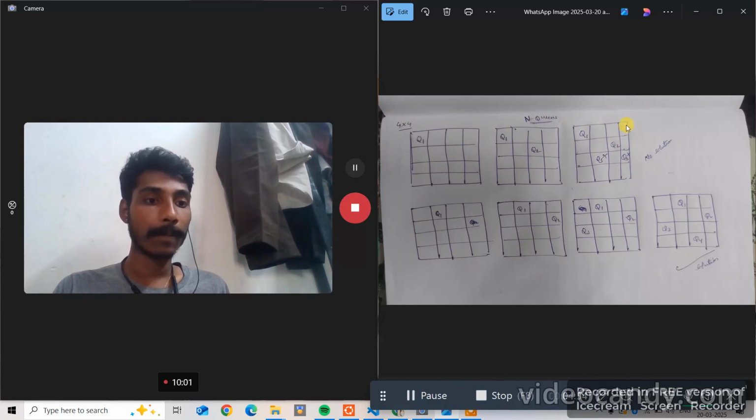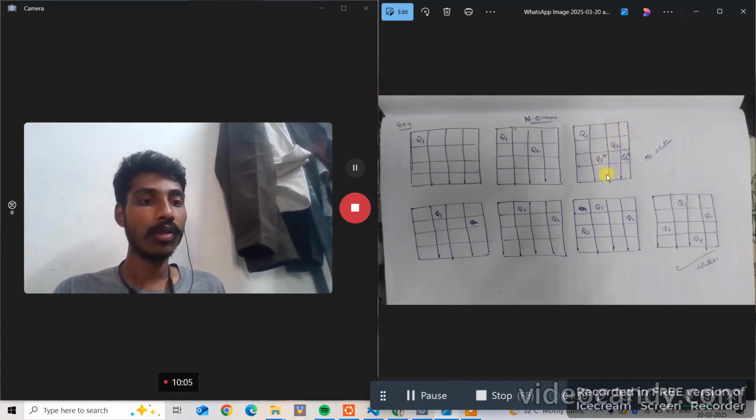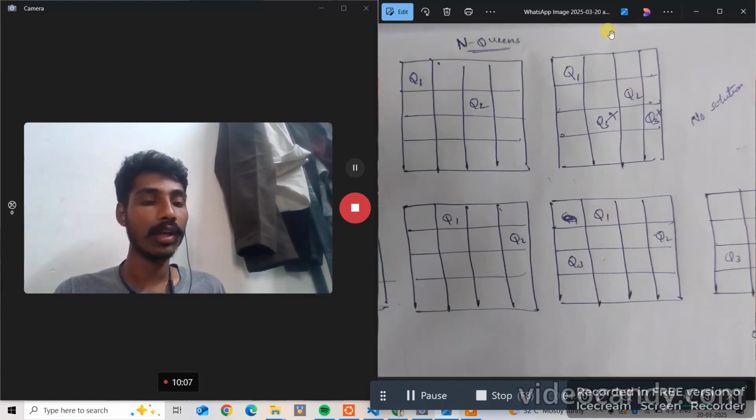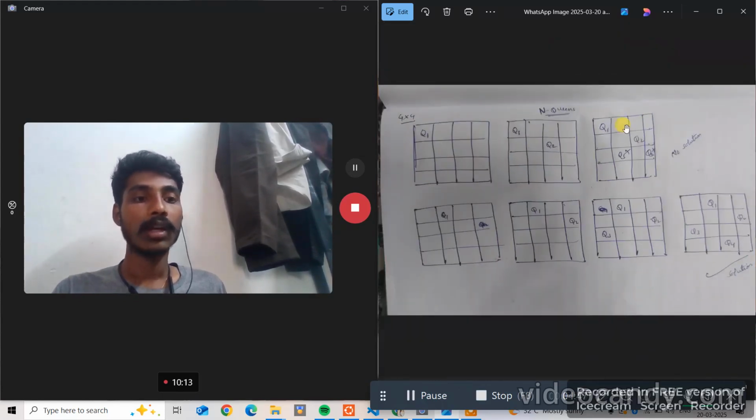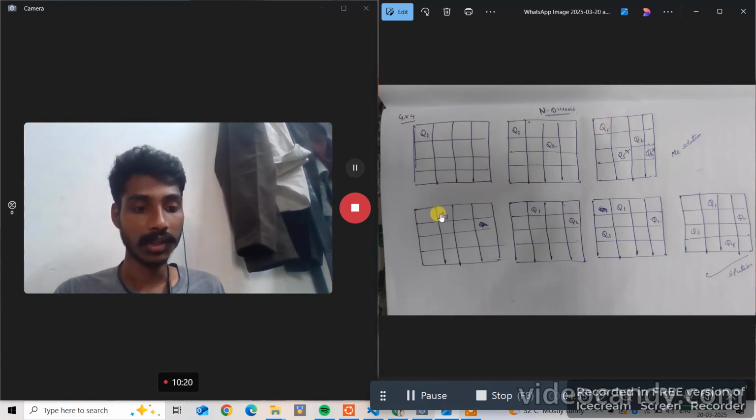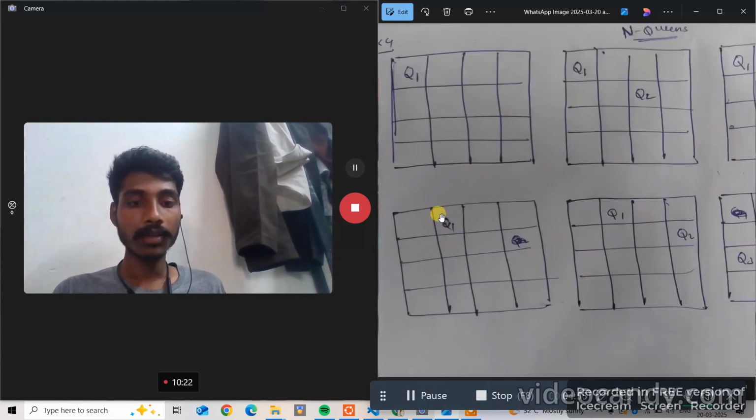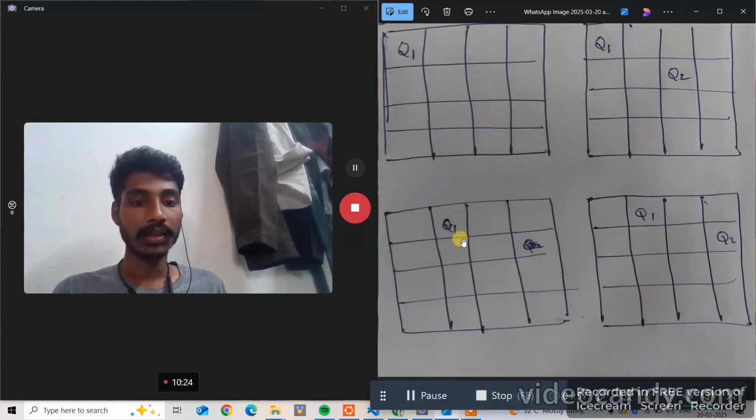So if we also change the q2 position, we cannot place q3 and q4 in this chessboard. So we change the position. That means we backtrack to q1 and change the position of q1. So let us discuss it here. So coming to q1, we changed it to position